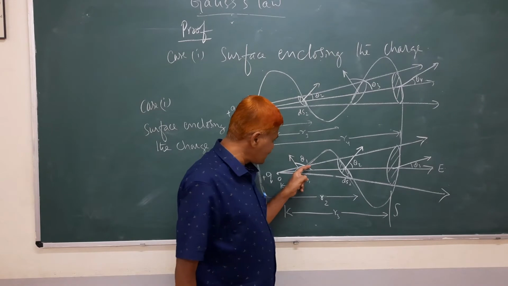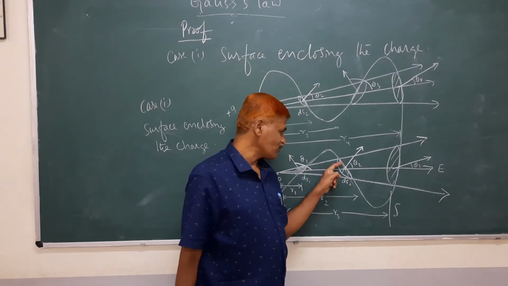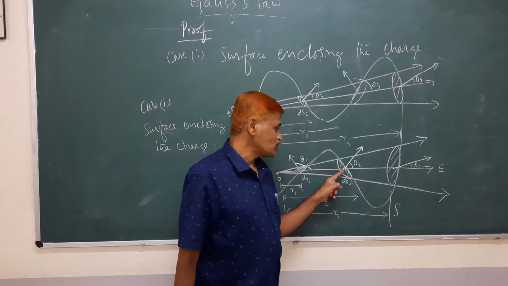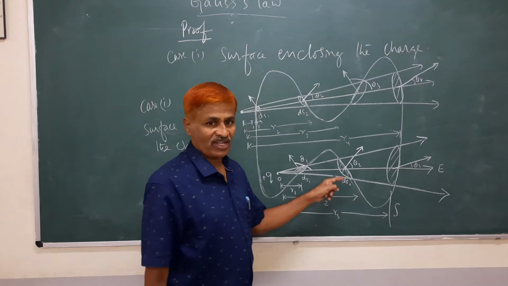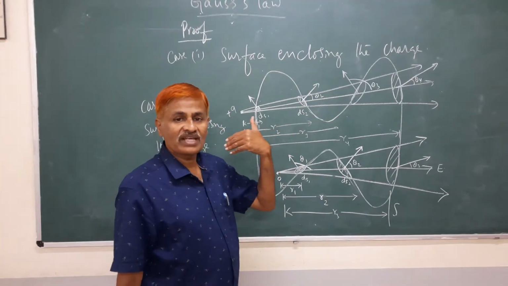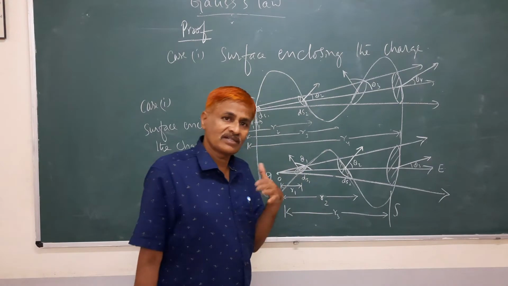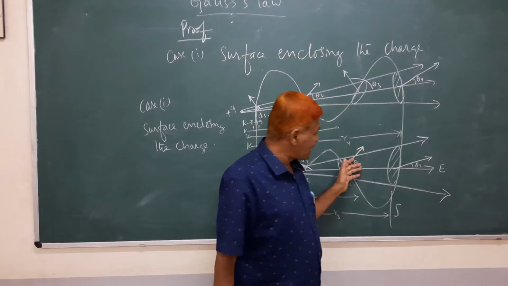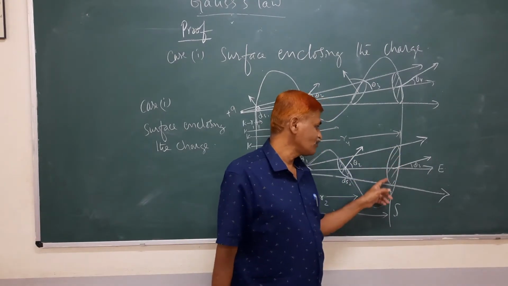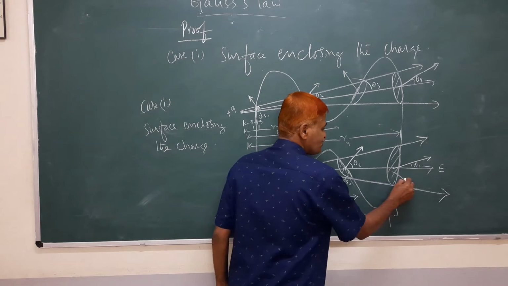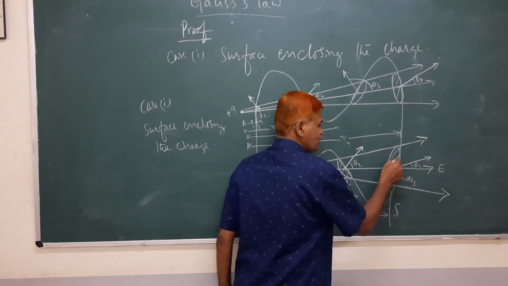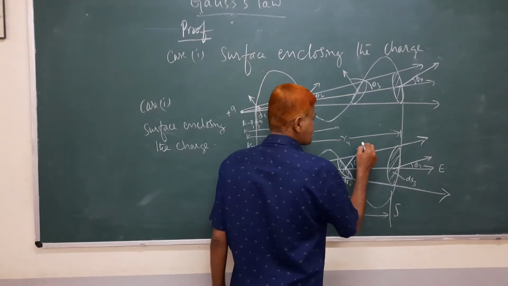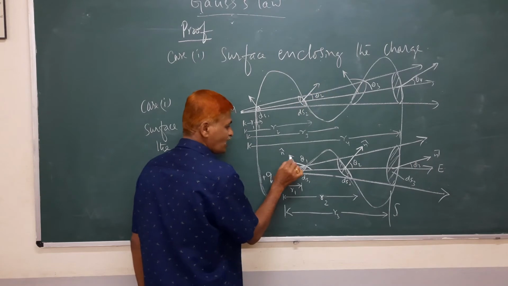And these lines again they are entering the surface here. They are entering the surface area ds2. So here flux, incoming flux, we will take it negative. Lines of forces are coming into there. That is the sign convention. Going out positive, coming in negative. And again they are going out from this. This is ds3. Surface area ds3, and these are the direction of the normal from this. For this surface, this is the normal.